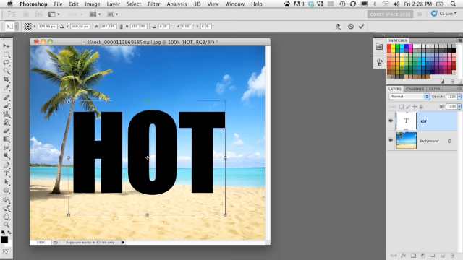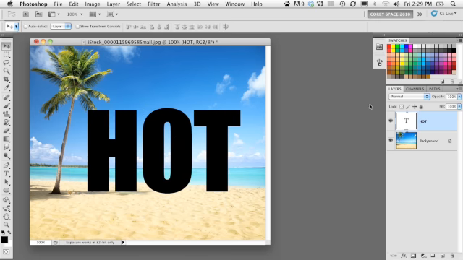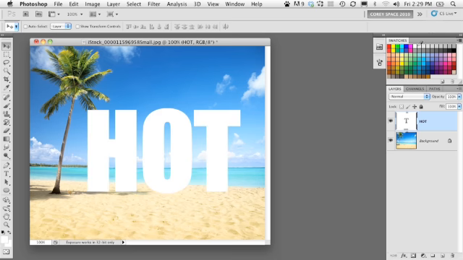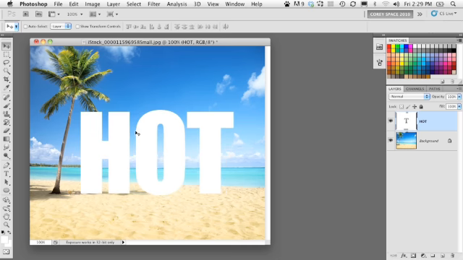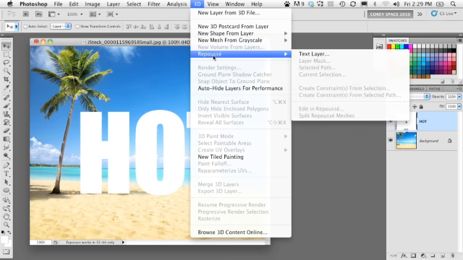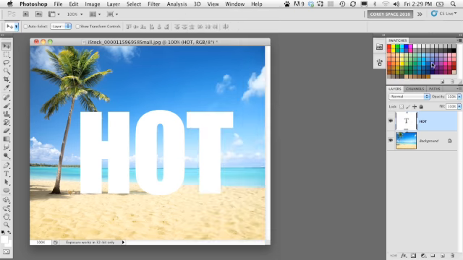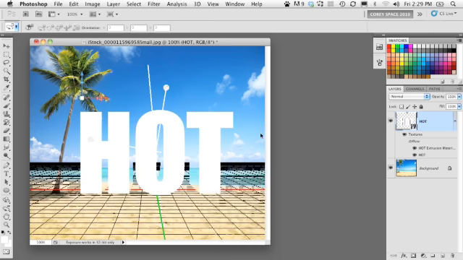So we'll go ahead and make this pretty big, and I've got it in Impact font, which is a very simple font to use here, nice and bold, so it'll show the 3D volume really well. And I want to change the color because black just isn't going to work for this. So let's start with white and make the letters white there. There we go. And with that text layer selected, we're going to go to 3D, Repoussé, and choose text layer. Now it's going to make the letters 3D and open up the